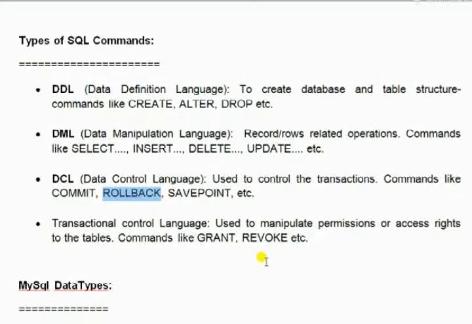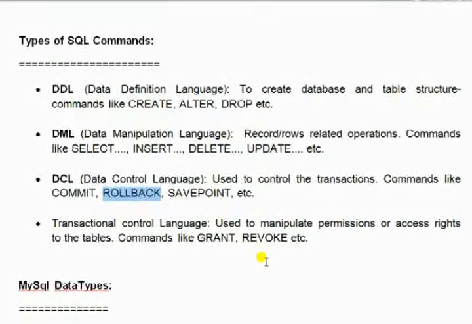Savepoint is another such command in data control language to make a flag, a point up to which you want to make the changes, up to which point you want to save.